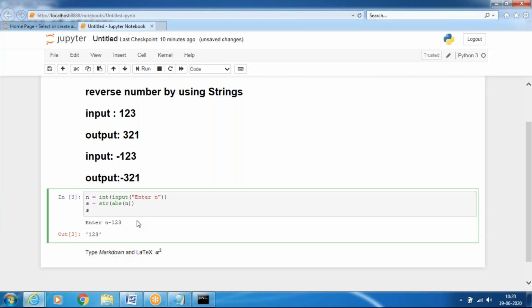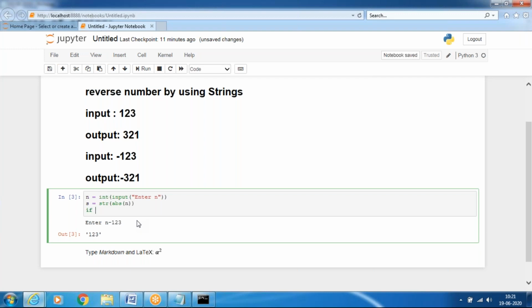You will use the condition. If the number is less than 0, it will be converted into minus 321. In case it is greater than 0, it will automatically convert into 321. You will see that one.